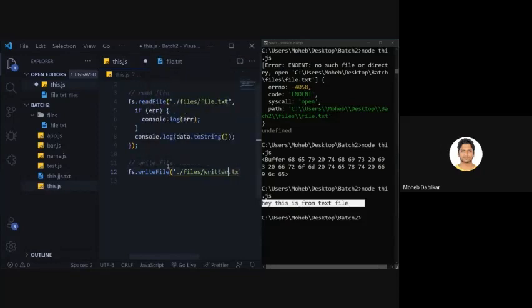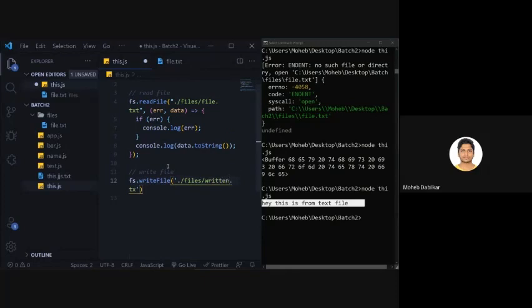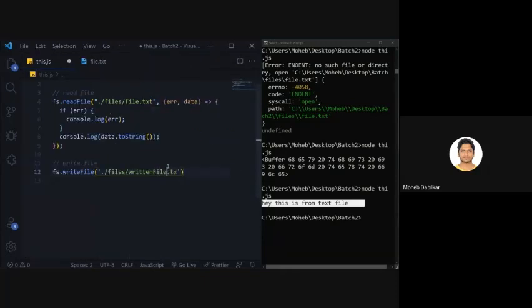Go back. Okay, so return file.txt, and same as that, it takes in a callback function, but before that it takes in what you want to write to the file. So instead of writing it there, we will just say const write equals, hey, this is written. Now you can pass this over here like this, but you usually don't want to do that because it is not a good way of doing things.